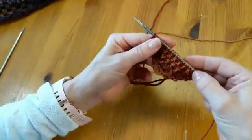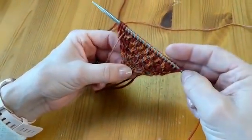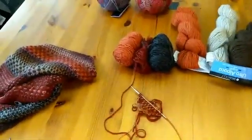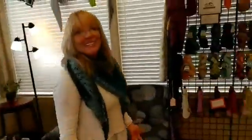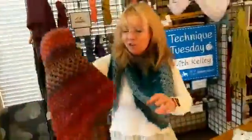Oops, it was right here. So this is the beginning of the mosaic knitting. And all it is slip stitches. Isn't that cool? So for all of you out there that would like to do a project using mosaic knitting, you can do it. It's so cool. All it is slip stitches, and it makes this really lovely fabric. And I'll show you again right here